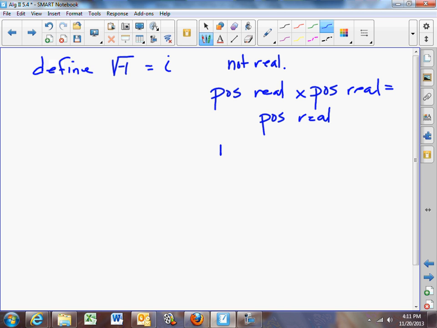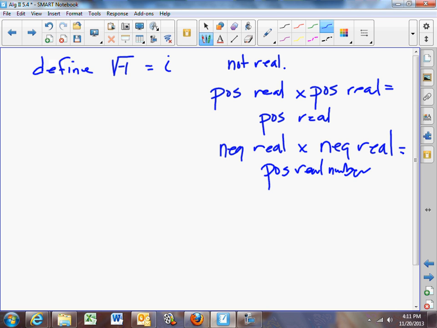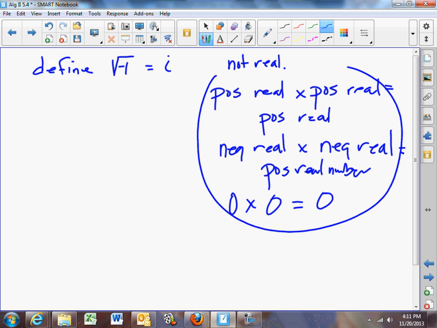Now, if you take a negative real number and you multiply it by itself, another negative real number, you'll get a positive real number. If you take 0 and multiply it by itself, 0, you'll get 0, which is, well, it's not positive, but it's not negative either. So anytime you square a real number, you're going to get a number that is either